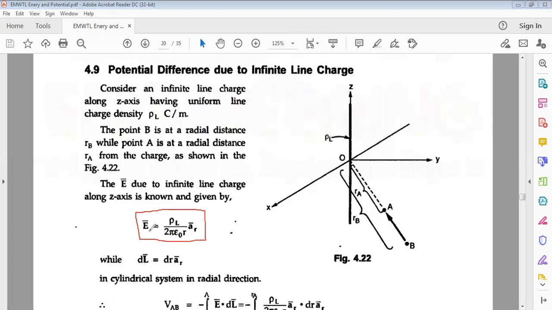Because the E bar is in the R direction, you can take the differential length dL bar is equal to dR into A R bar. As you can assume, it is a cylindrical coordinate system having the z axis, R and phi also. There is no need of taking A phi and A Z because their dot product is zero. Substitute these two functions